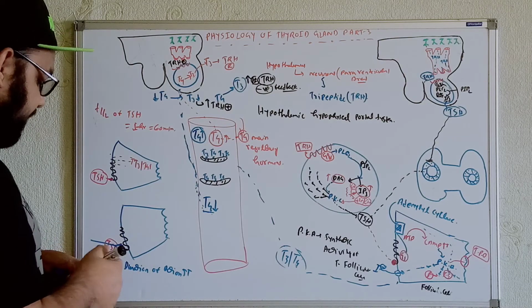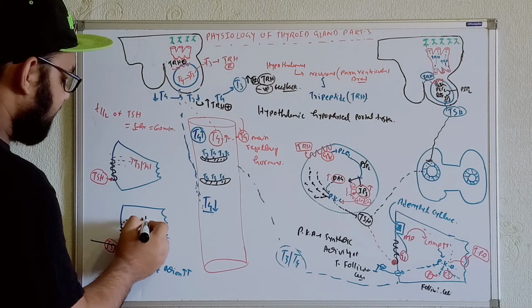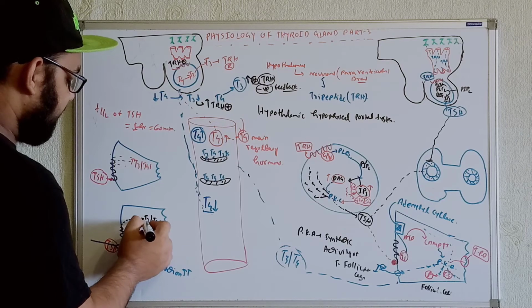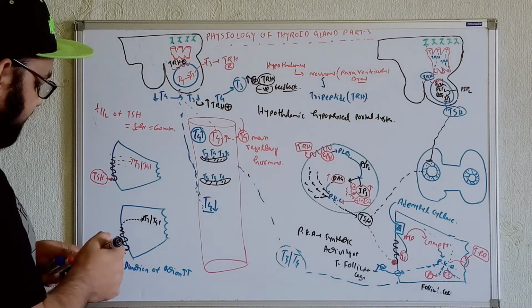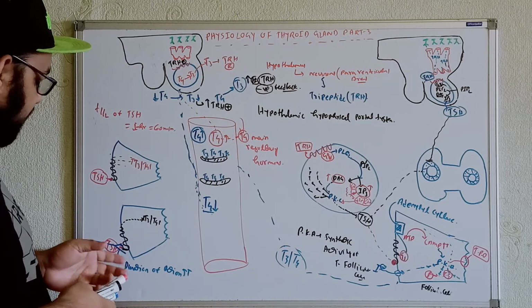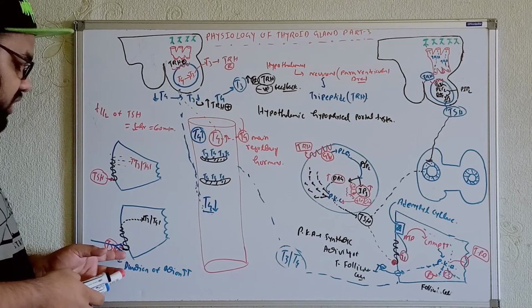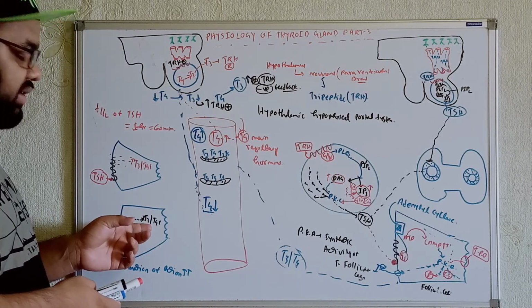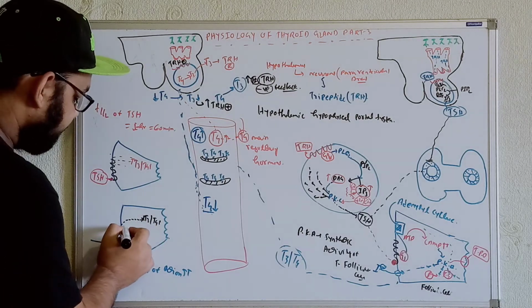So TSH will give the signals over here. As a result, we will get elevated production of T3 and T4. And another thing: whenever I say the duration is increased, whenever these TSH receptors are activated, they will give many signals. One signal will increase the production of T3 and T4. Another signal will increase the size of the